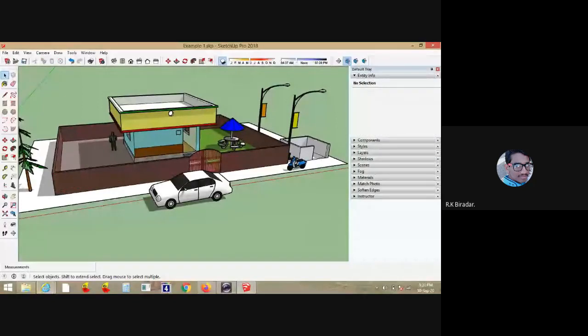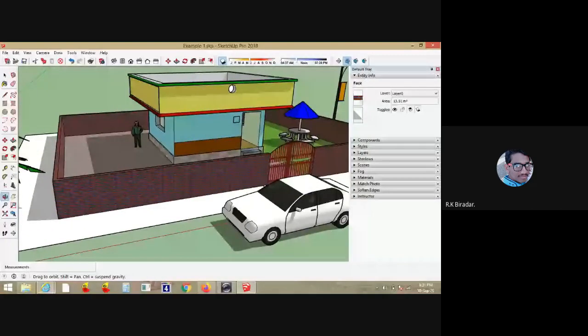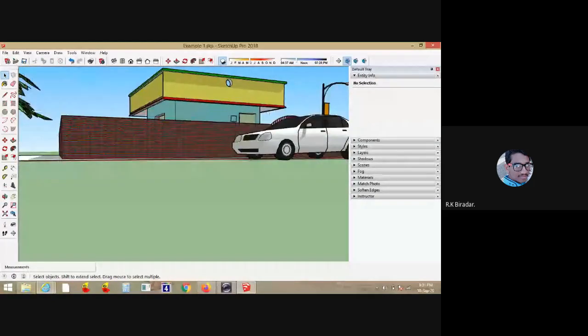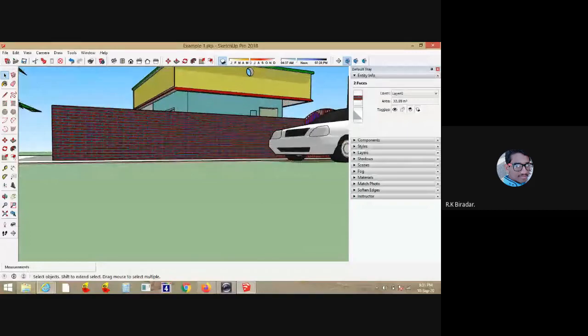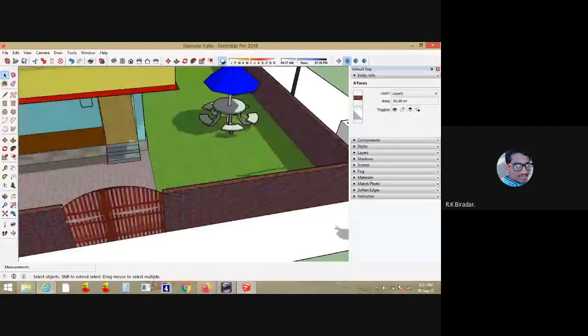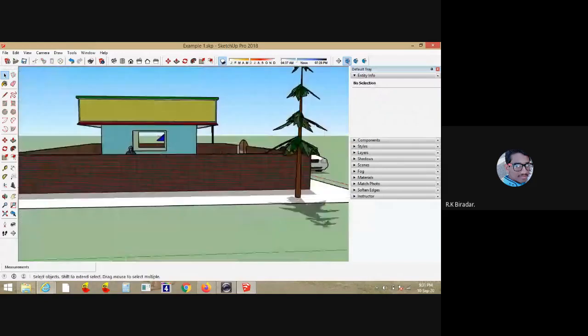Then I have created one more compound wall layer. All these compound walls together I'll select like this. You press control and keep on selecting the compound wall here. These selected entities are all in layer 0. Now I'll just shift them to compound wall. The backside wall is left. This also.